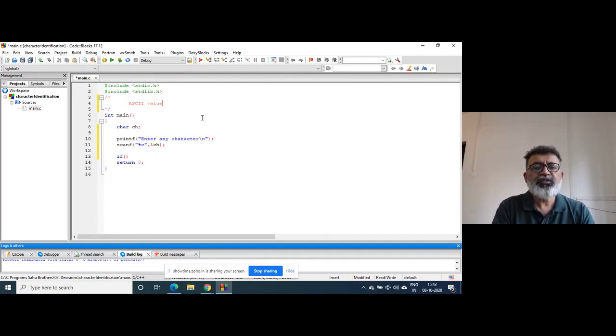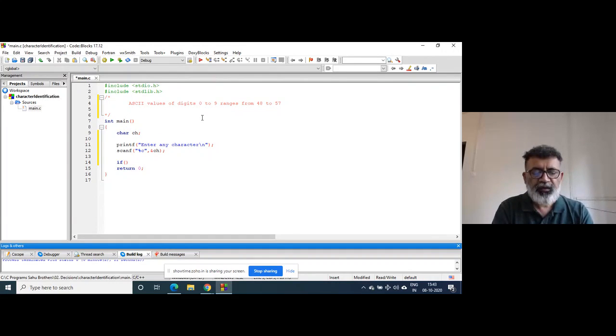ASCII values of digits 0 to 9 range from 48 to 57.